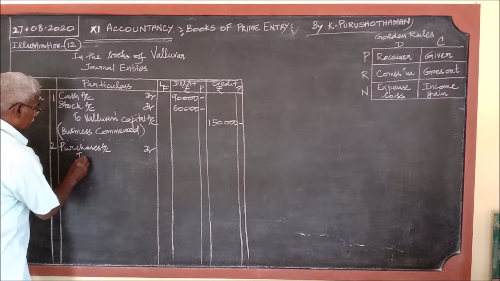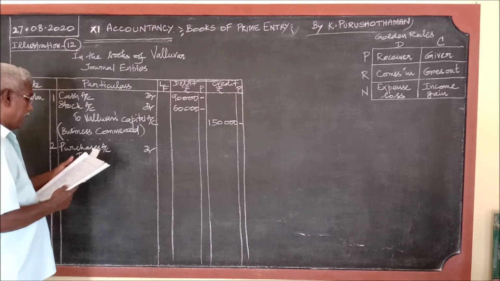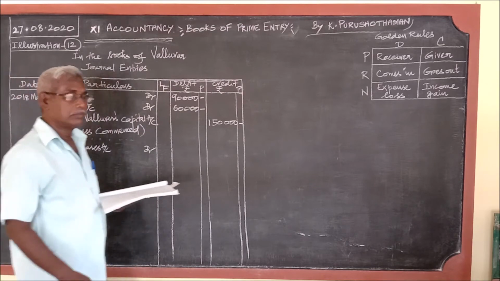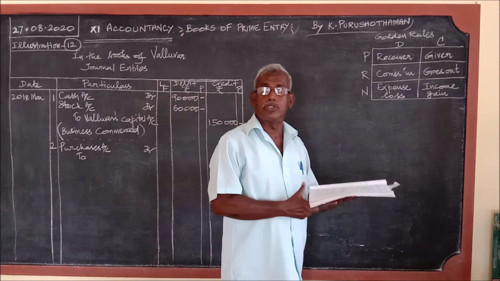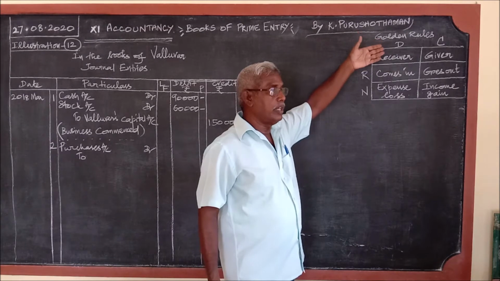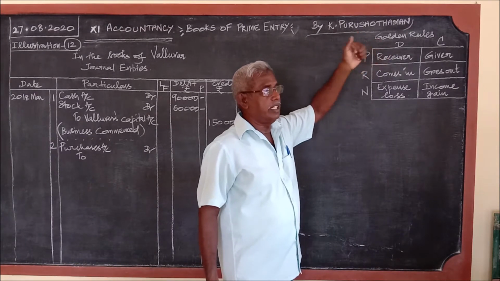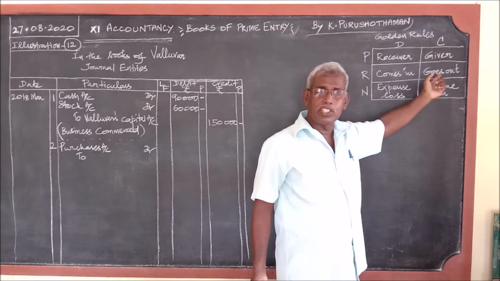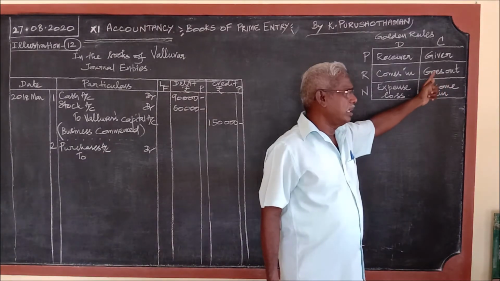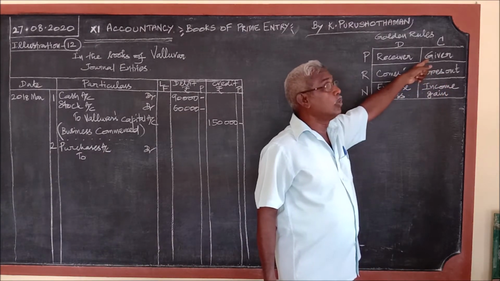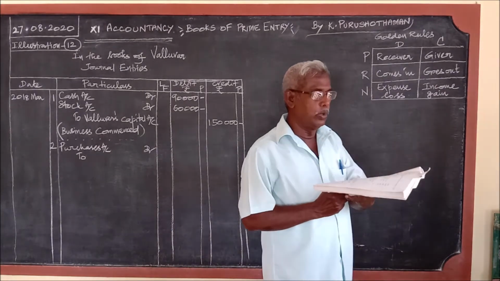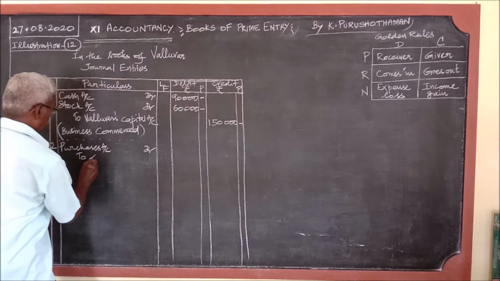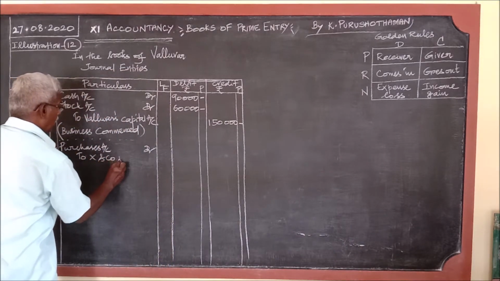Whether the amount is paid or not: from X and Co on credit. So borrowed on loan basis. See, these 20 ready-made shirts are bought on credit basis, or for loan. So nothing goes out, no cash has gone out. No, this rule is not applicable. But credit the giver. X and Co is the creditor. X and Co only has given, therefore to X and Co account.